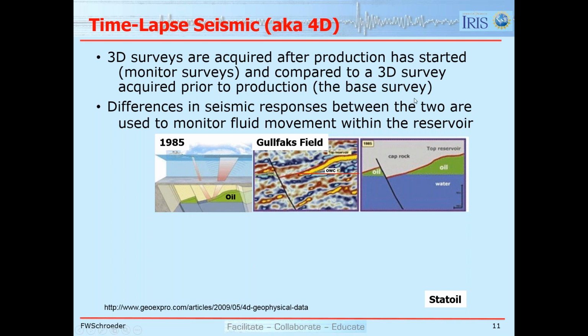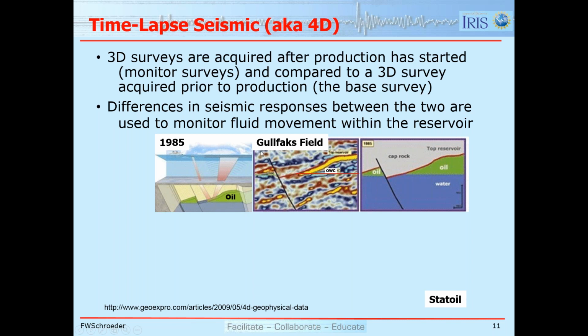We call that the base survey. And one of the main difficulties with time-lapse seismic is that we want to try to match as best as we can the acquisition and the processing of the data, so that when we compare them, we are comparing apples to apples. So typically what people will do is subtract the two, the base survey before production minus a monitor survey X number of years after production, and those differences should be due to the changes in fluid